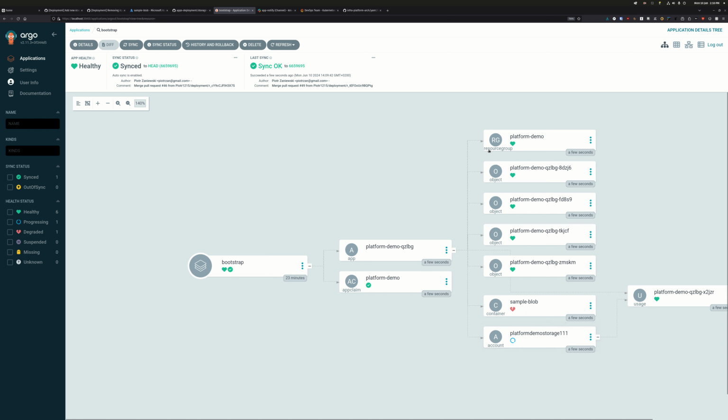What we have is a resource group, that is an Azure resource group. We have a few objects which are actually Kubernetes resources. And we have other Azure resources like account, container, and something called usage. All those things are necessary glue, and all the APIs are expressed in the same form that we've seen earlier in YAML that instruct Crossplane in this case to go and compose all the resources based off of the small YAML